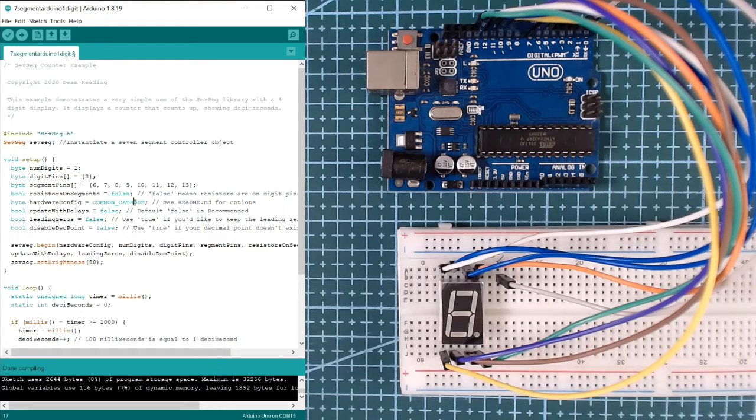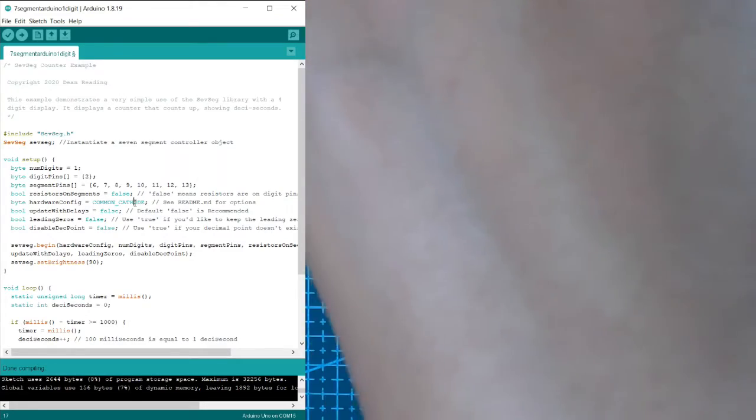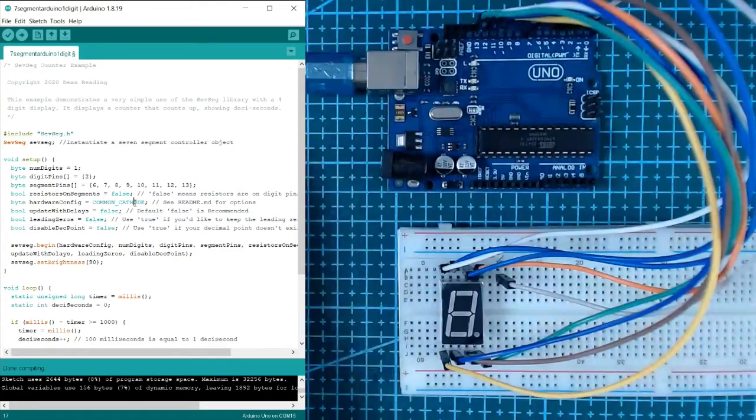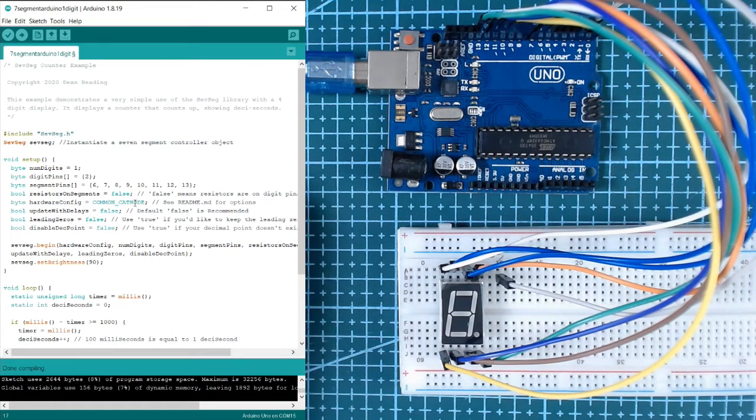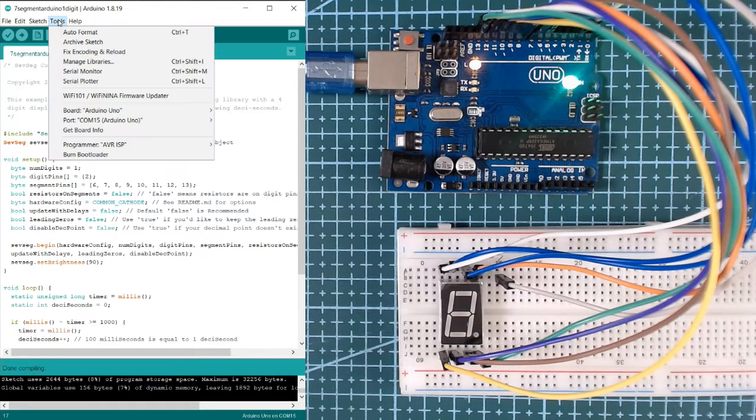Let's upload the code. Firstly, we're going to plug our Uno board into our laptop or PC. Let's check on Tools. Check these parameters, the board and the port.